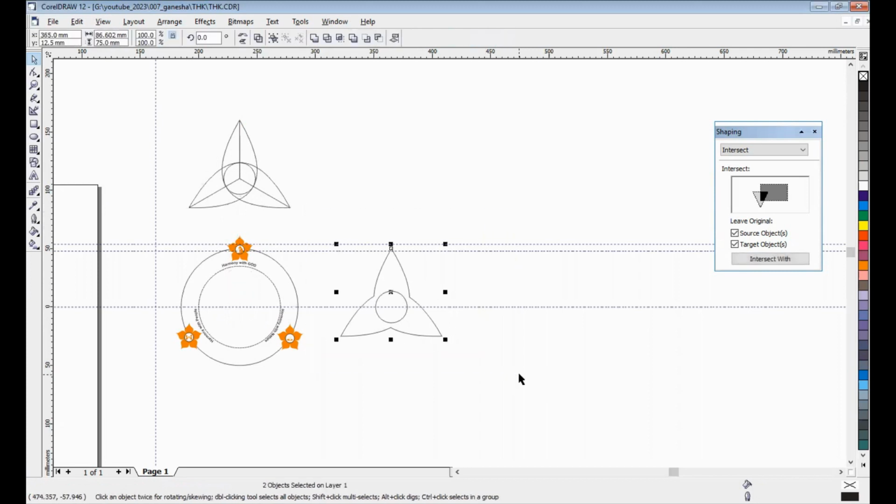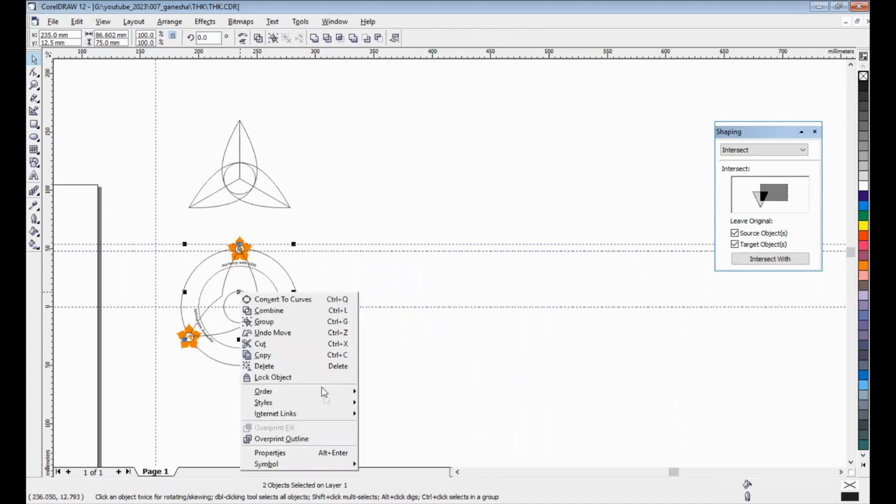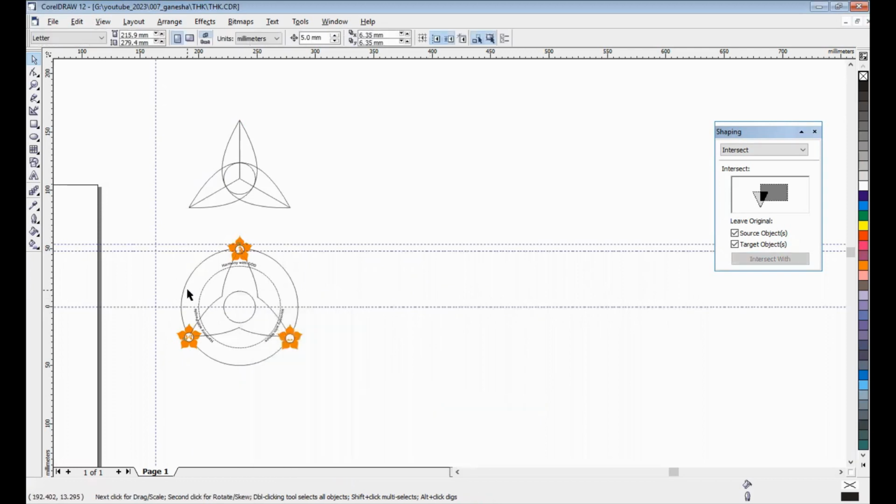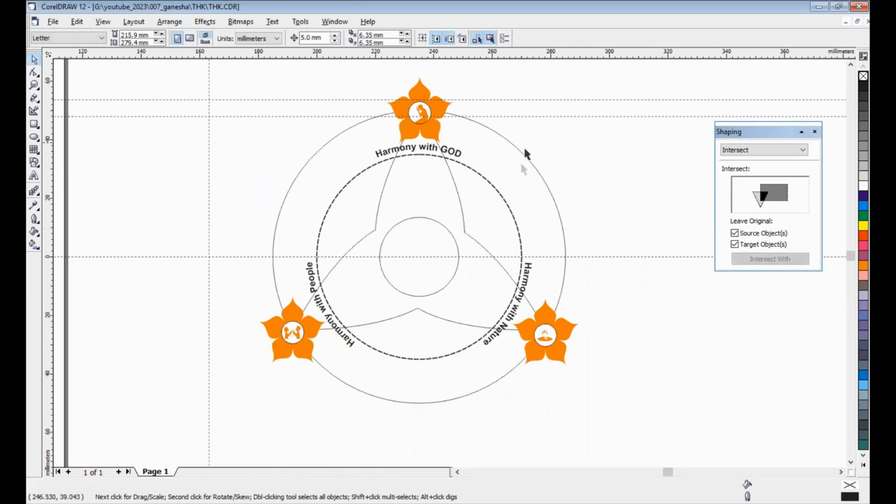Now I want to move this, tick. Then order to back or Shift plus Page Down button. Yes, okay. Now I will color this.